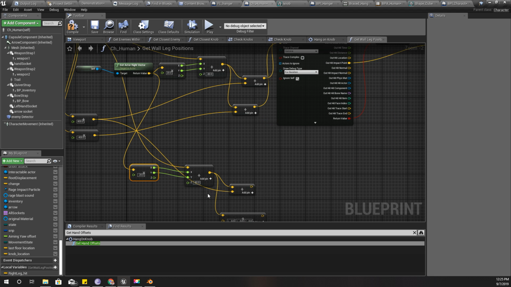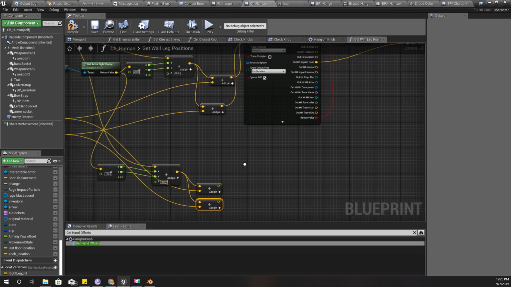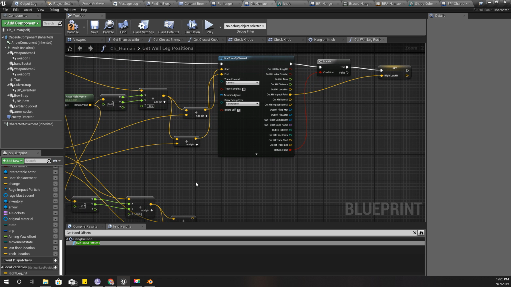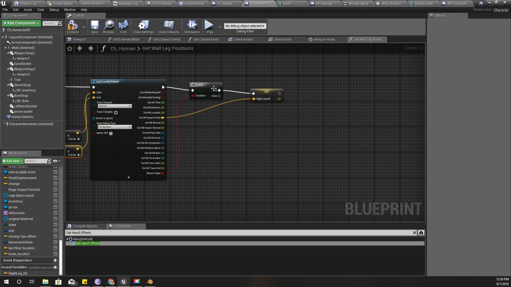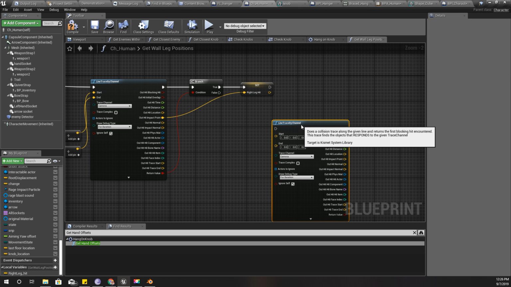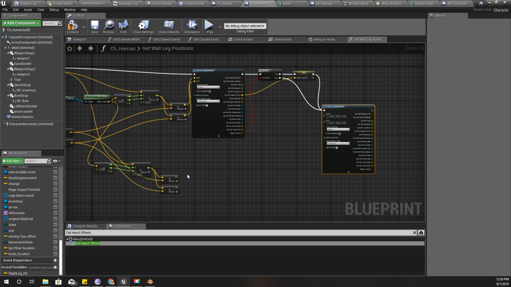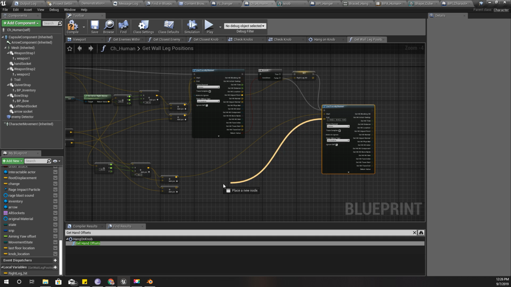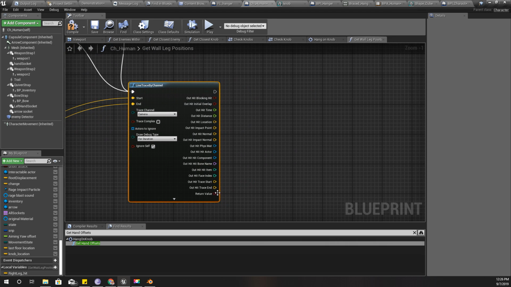And add these two values. So this is the starting position and the ending position of the right leg trace channel. Let me duplicate this, and connect this to start, connect this to end, and if this is true,